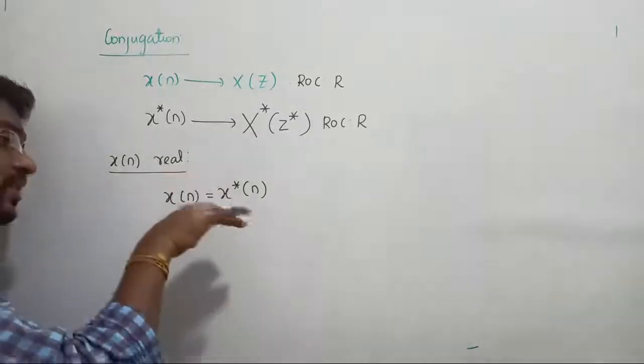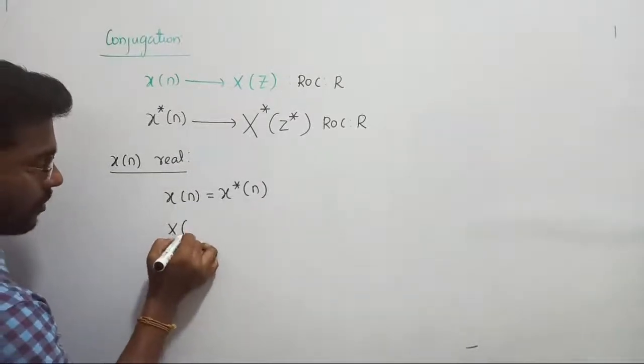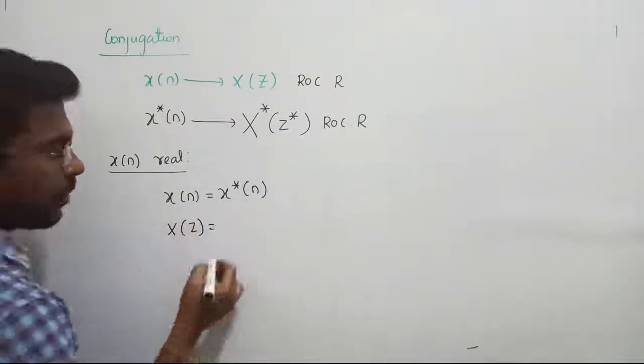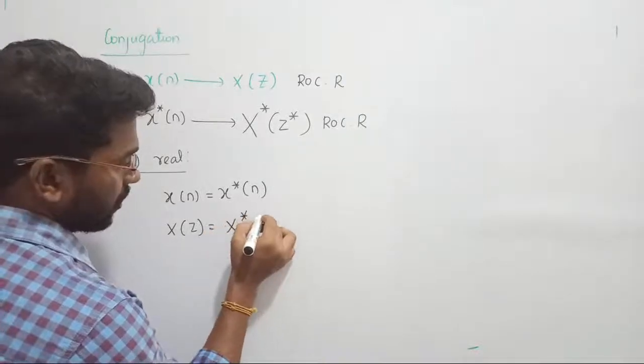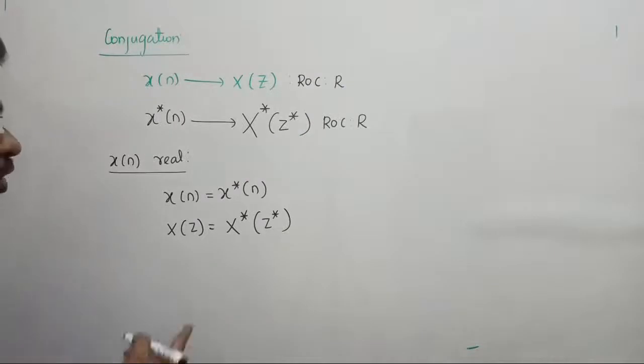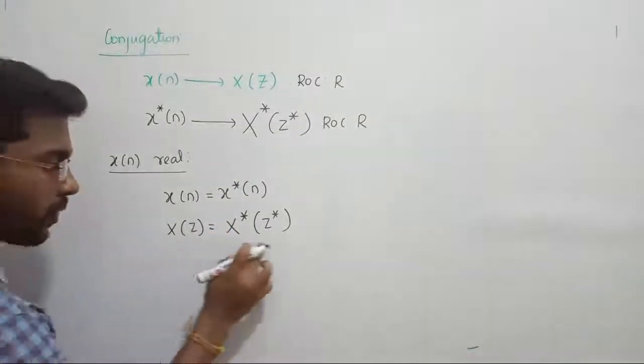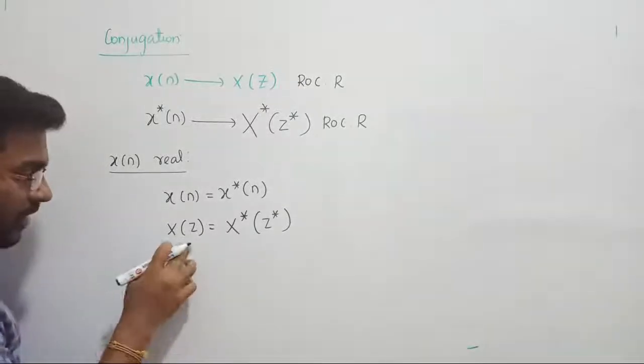Similarly, I can define its z transformation. If x of n is equal to x conjugate of n, then its z transformation is going to be X of z equal to X conjugate of z conjugate. So what will be the conclusion? The conclusion is if these two are equal, then these two are also going to be equal. So it denotes that if X of z,